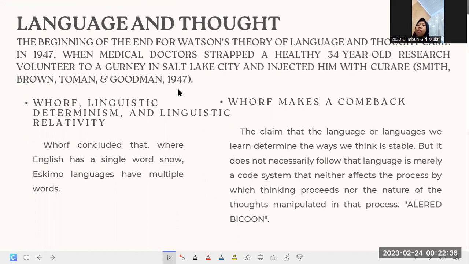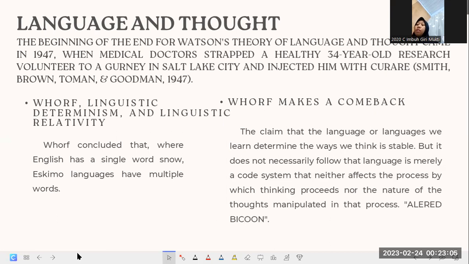Now, linguistic determinism and linguistic relativity. One of the functions of language is to express our thoughts, and the language we speak may also affect the way we think about and perceive the world. One of Whorf's chief motivations in proposing linguistic determinism was an analysis of Eskimo language vocabulary, possibly based on French Boas, the analysis of Eskimo.